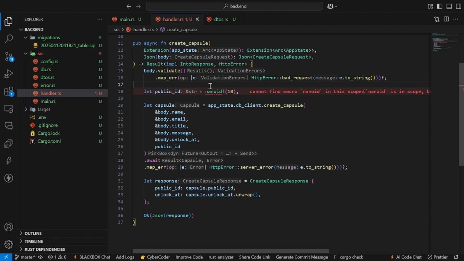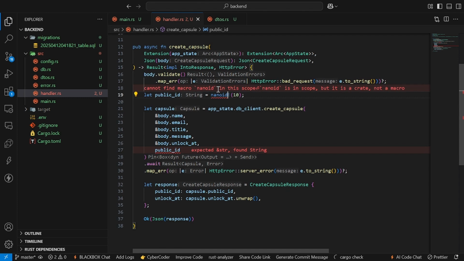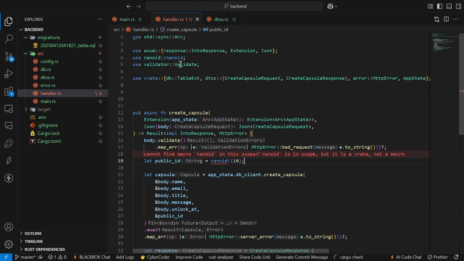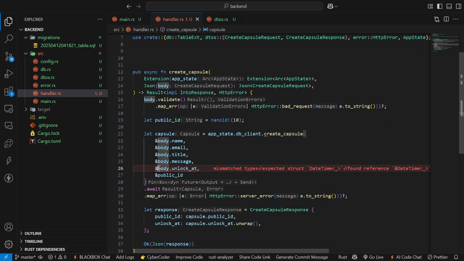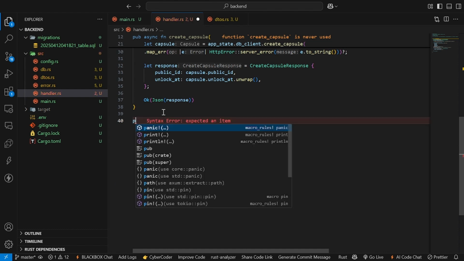Okay, public ID cannot be found. Now we can use it like this. We have made it like this. Now it's completed. Now let's build our get all capsule